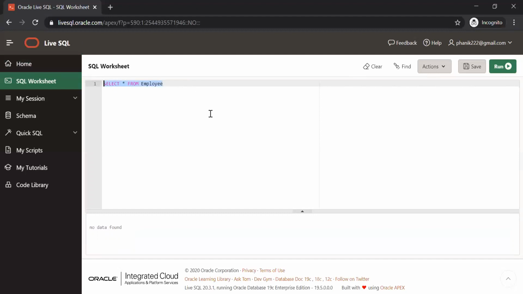Here, this session is auto commit. This is what I was saying. There are certain things which will commit by default, so you need to disable those.